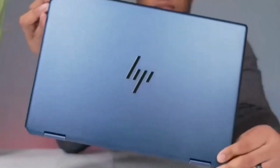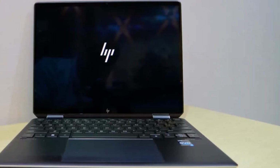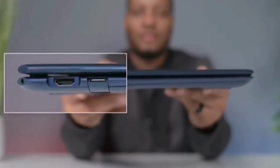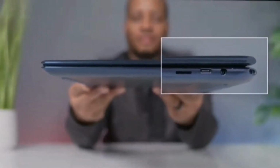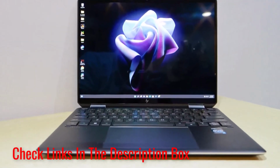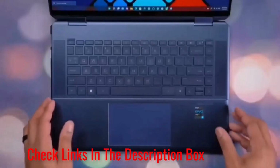Number 5. HP Spectre X360 13.5-inch. The HP Spectre X360 13.5 secures its place as the premier 2-in-1 laptop, earning the prestigious Editor's Choice accolade. Renowned for its elegant and robust design, featuring a sleek chrome diamond-cut aesthetic, this laptop exudes sophistication. Powered by a robust 12th Gen Intel Core i7 processor, the Spectre X360 13.5 delivers commendable performance, excelling in document